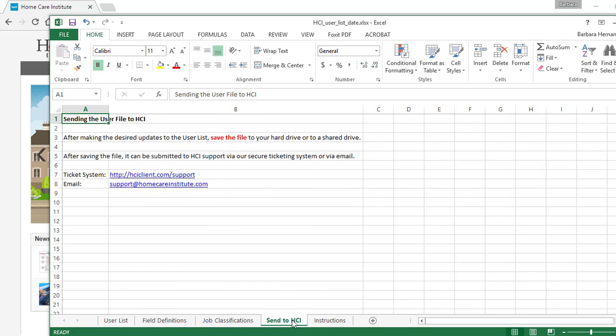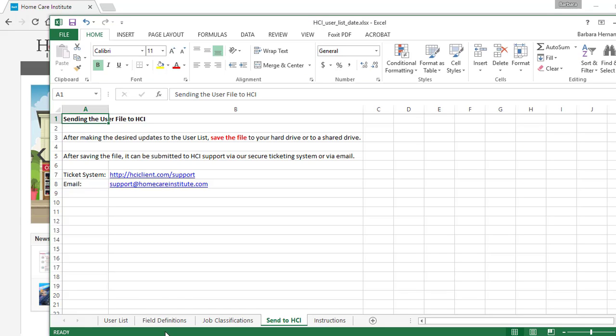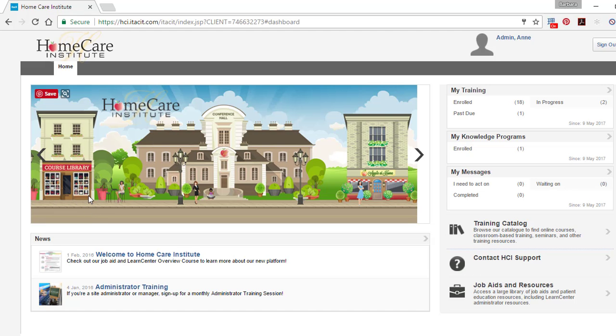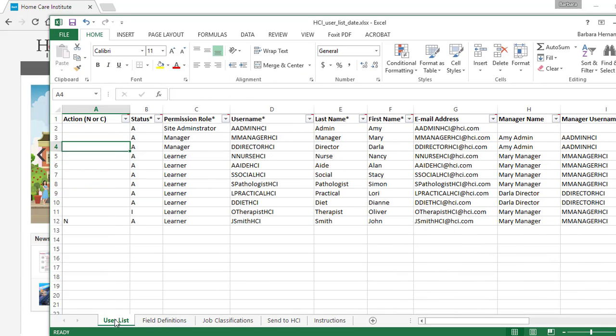To send us your list, you can use the ticketing system, which you can access from HCI, and you can also send it via email to support, and our support team will handle it quite quickly. If you ever have any questions about your user list, or if you would like an updated copy of your user list because you're afraid that yours has gone out of date, you can contact support at any time, and we'll be happy to help you with any